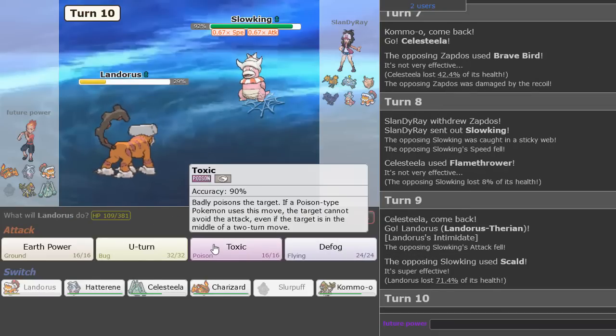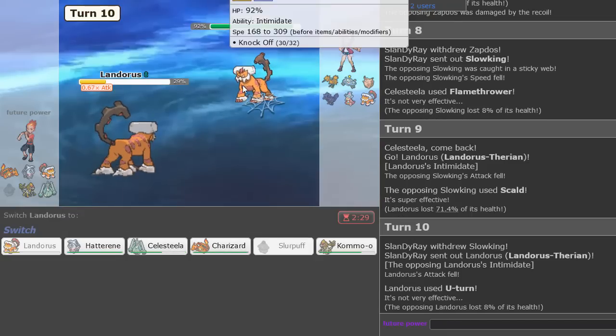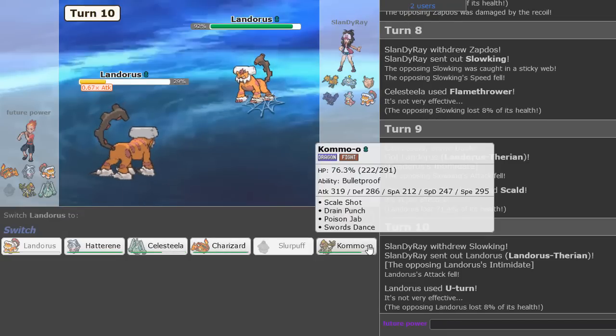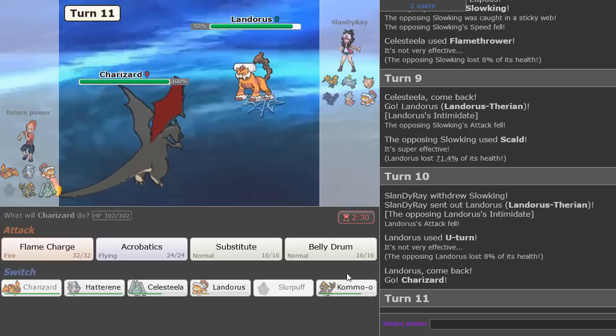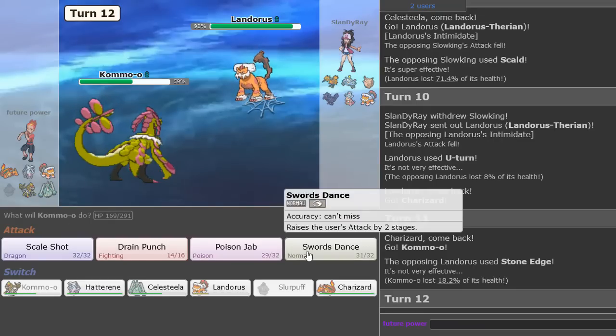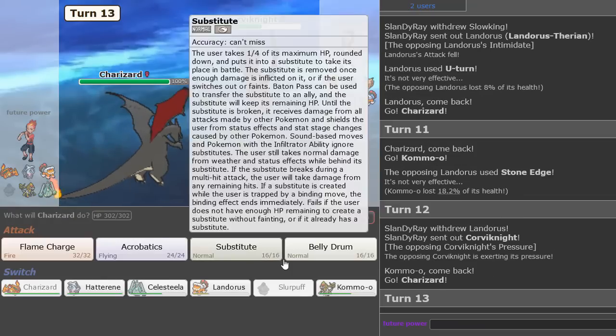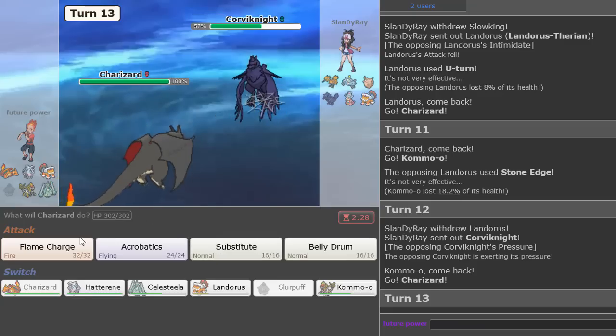As he Scalds, doesn't matter too much because all we gotta do is U-turn into, this is Choice Scarf, we know. We go Charizard here into Kommo-O to see if he has Stone Edge or not, which he does. Very good information to have. Double out. And then we click,